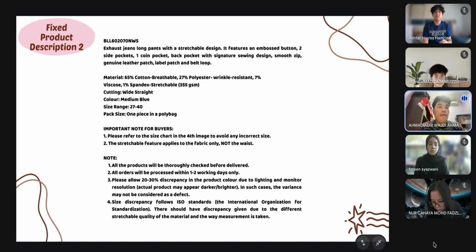So here are the fixed product descriptions too. Instead of going through the entire text line by line, we approach the correction process by categorizing the errors and fixing them. Firstly, we corrected all spelling errors such as inconsistencies between US and UK English to ensure the language style is consistent throughout the text. Next, we address